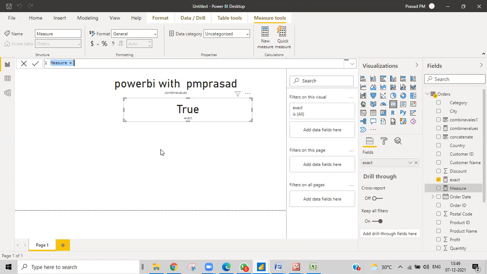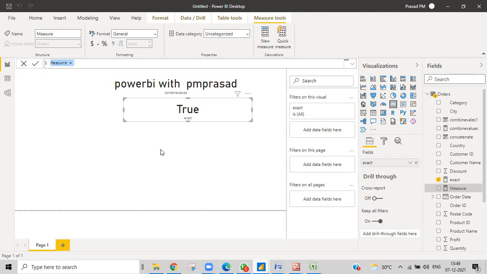When we want to check whether values are exactly the same or not, and show a result accordingly. If my value is the same as some other value, and you get that kind of requirement, then you'll use EXACT. Like, if EXACT of these two strings, then show this, or else show this.